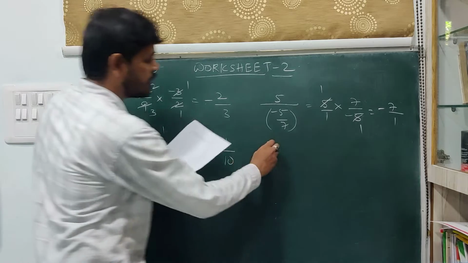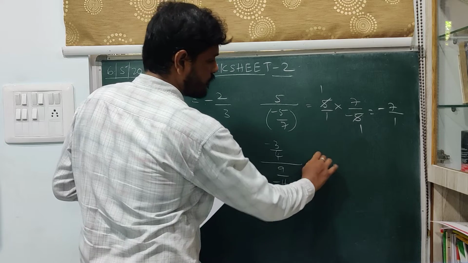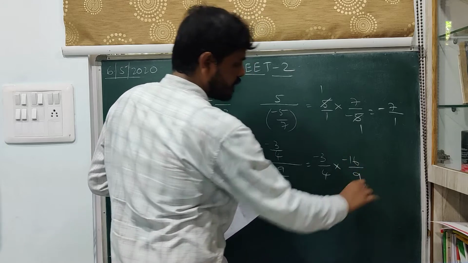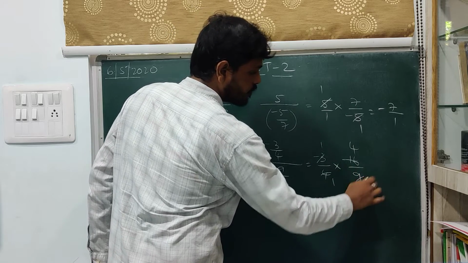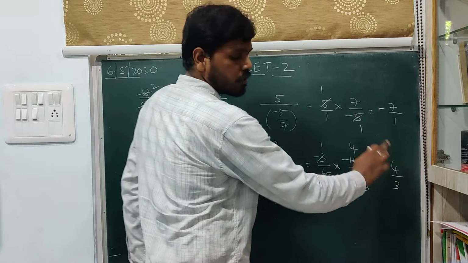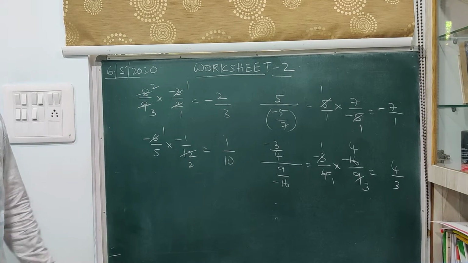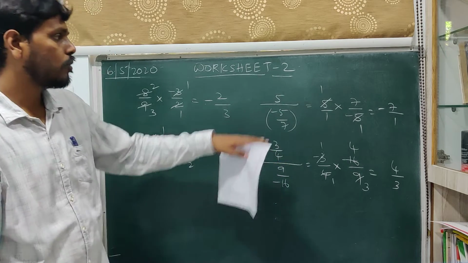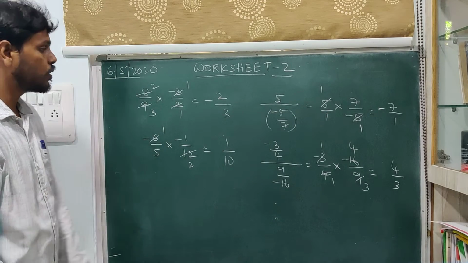Next, minus 3 by 4 divided by 9 by minus 16. Now this you can write as minus 3 by 4 into the reciprocal of the divisor, that is minus 16 by 9. Again cancellation is possible. 4 ones are 4, 4 fours are 16; 3 ones are 3, 3 threes are 9. Now 1 into 4 is 4, 1 into 3 is 3. They are multiplying numbers of the same sign, so you will get a positive number. So the resultant is 4 by 3. Now in fact you have already done all this. My aim in discussing this kind of problem is to let you know how to cancel whenever you are given these kinds of numbers and whenever cancellations are possible.